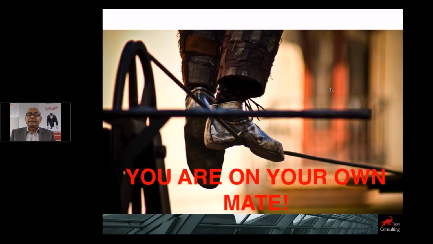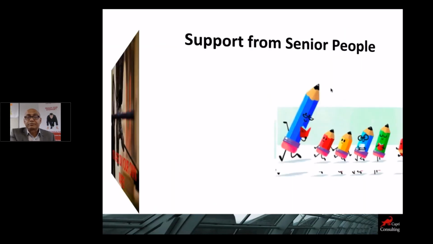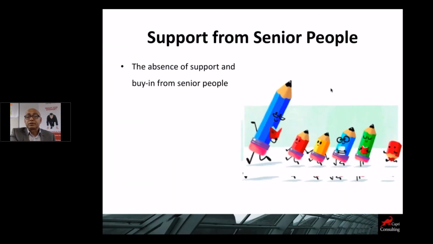Now, the final reason, the tenth reason, which I felt is very important and where I think most organizations fail, is no support from senior managers. They just think, oh, Agile is something the team needs to do, a team needs to go and do Scrum, and they just go and do Scrum, and senior managers don't support it. This lack of support actually causes problems. So the absence of support and buy-in from the senior people is the biggest reason in any organization,